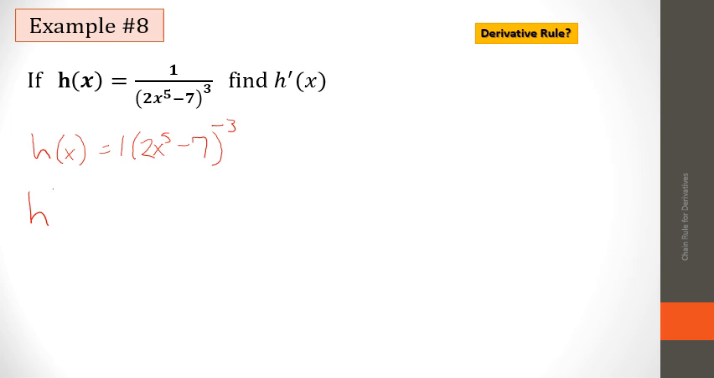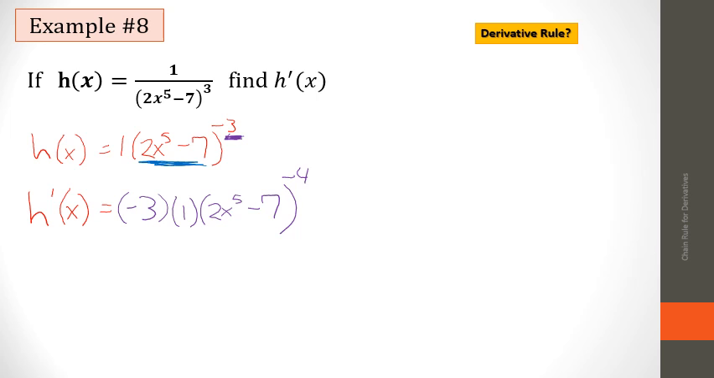So to find the derivative, we have two functions now. We have this outside power, and we have this inside function. So let's take care of the outside power. So we bring the power down. Oh, and we also had a 1 out there, didn't we? And then we have 2x to the 5th, leave the inside alone, and the new power is 1 less, so it's -4. And then we need to multiply by the derivative of this inside,